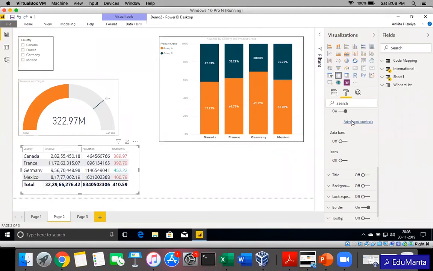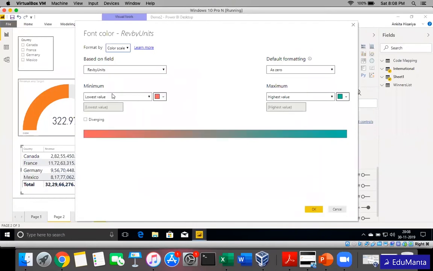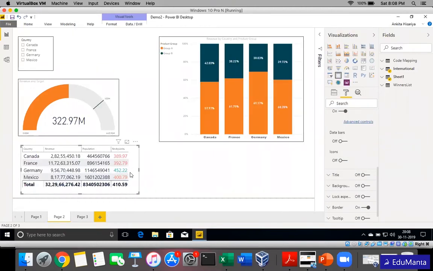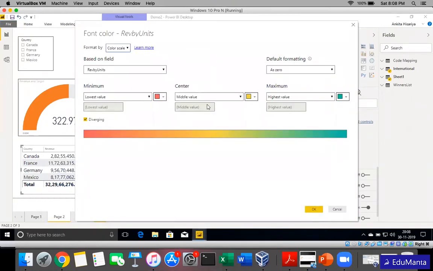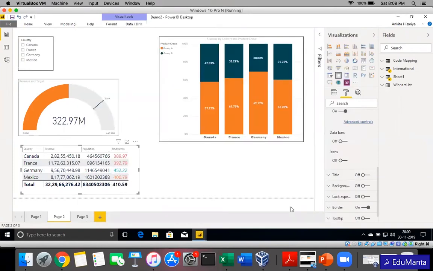I don't like this one, then I can go and edit it further. Suppose I say diverging value, where a middle value is highlighted in yellow. So it will change the tone accordingly. If I want to define a middle value on my convenience, suppose I say middle value is 400. I can even define the lowest and highest value also using a number range. Then 400 becomes a yellow font.